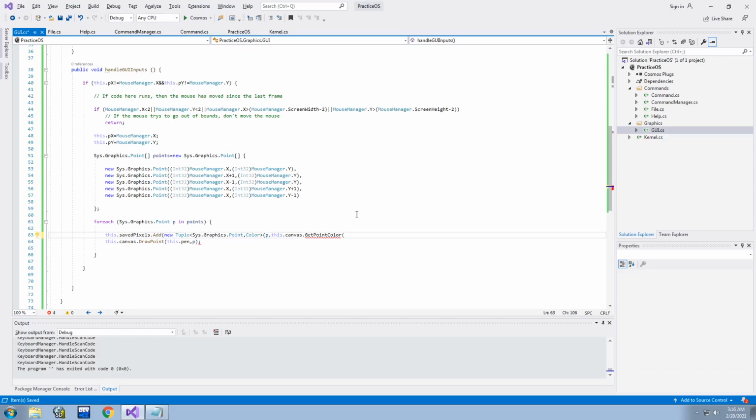And then I'm gonna write p dot x and p dot y, because it's just the x and the y of the point. And the get point color, all it does is it gets a pixel on the screen at 2 coordinates, and the coordinates are of the point, and then it will just return a color, a System.Drawing.Color. Whoops. Now we're not done, because although we have stored the pixels,